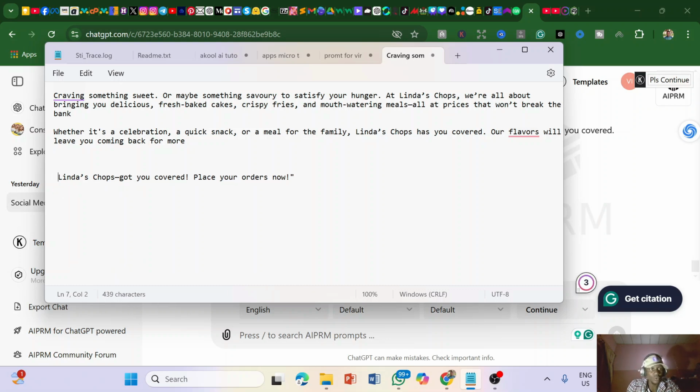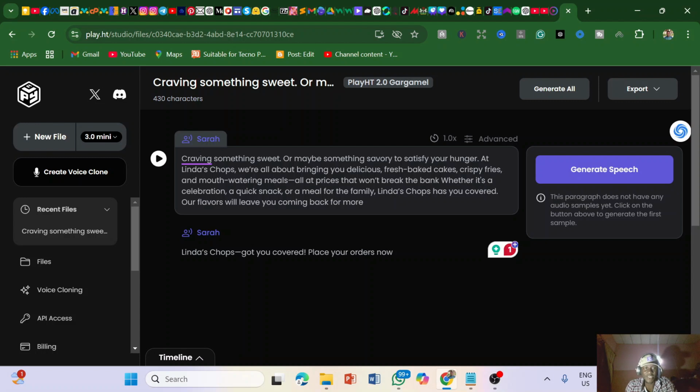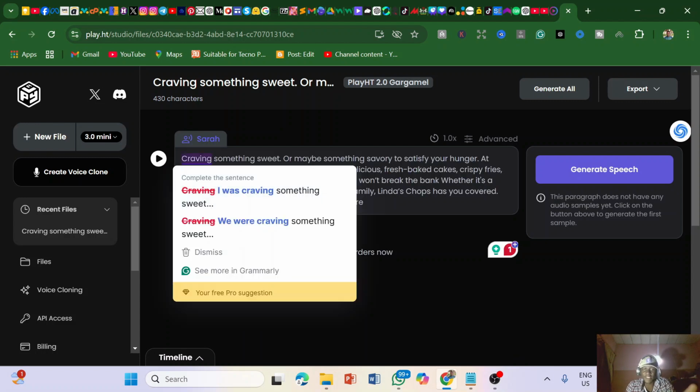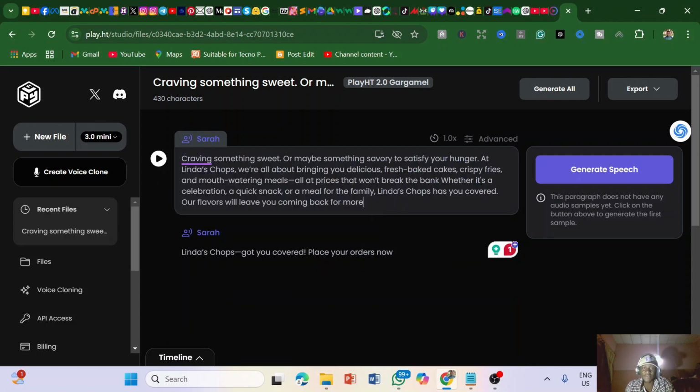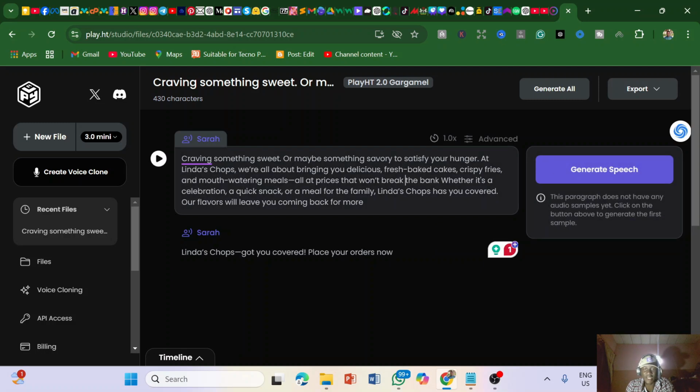Good. So let's copy this, and we're now going to paste it here, and you can see we have pasted it here. So now there are 2 paragraphs. This is the first paragraph here, you can see with this box inside it. Then this is the second one, because for some reason it doesn't permit more than 430 characters.